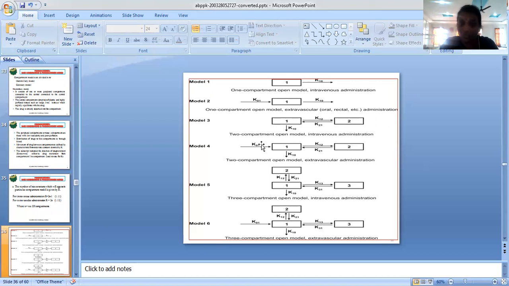If you see these two compartments, here the drug administration is given, here the drug output takes place. Always drug input, drug absorption and drug elimination take place only from the central compartment. From there the drug moves through the other compartments also. And here next